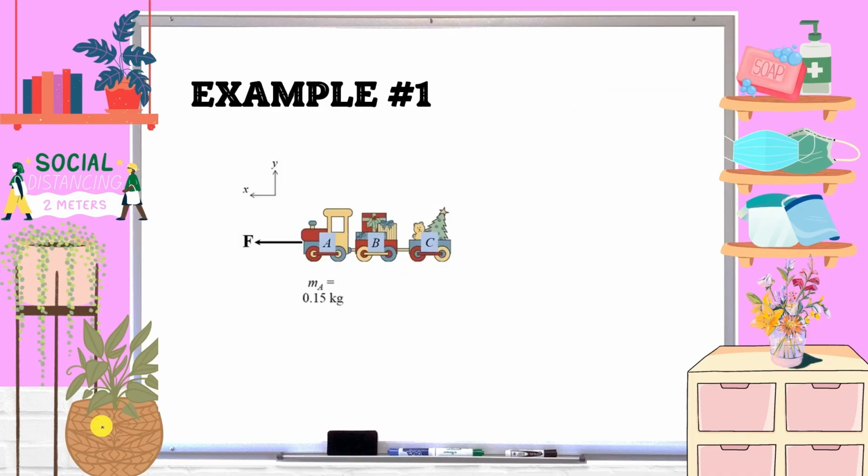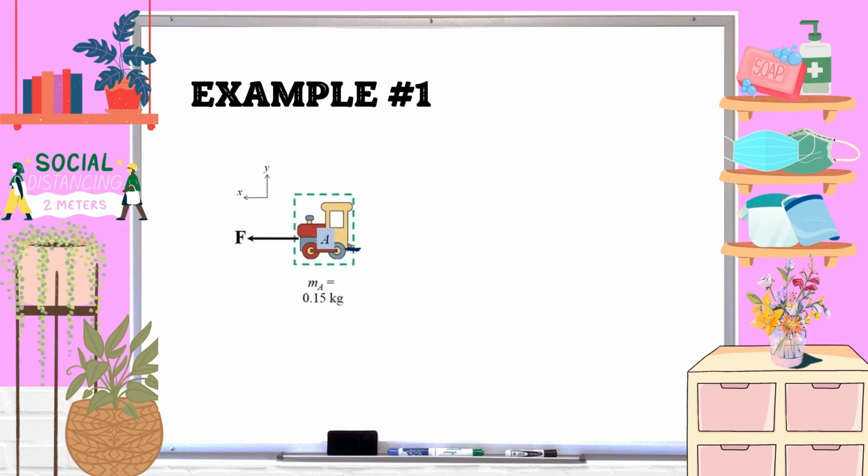So we are done finding the acceleration, but in the problem, we are also asked to find the force between A and B. Since in the first solution process, we identified these systems of particles as one whole system, now we need to separate each system, A, B, and C.